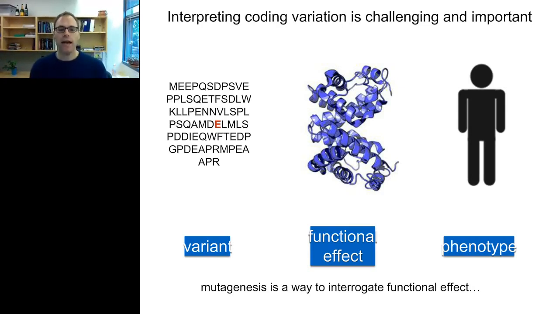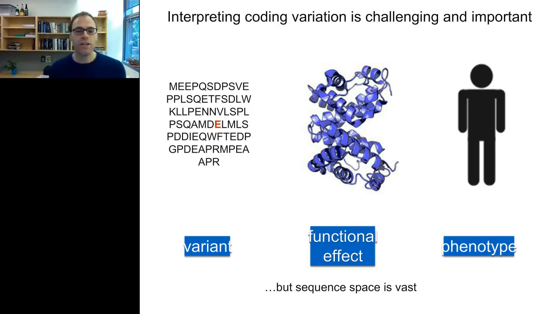You can express and recombinantly purify a protein containing the variant in question, or you can edit a cell line such that it has the variant you're interested in, and then see what happens. These mutagenesis experiments are a great way to interrogate functional effect, but they have one big limitation: as traditionally practiced, they really don't have a hope of addressing the vastness of sequence space. A prototypical human gene might have 7,000 possible singly mutated variants,